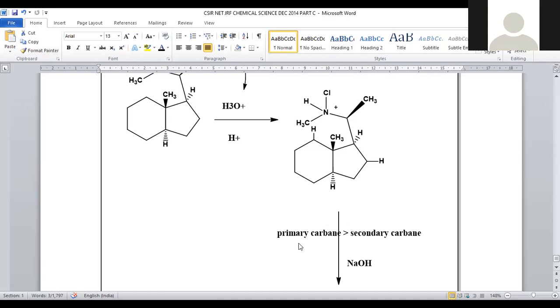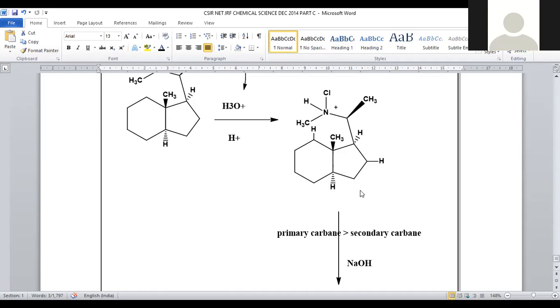In accordance with our protocols, primary carbene will be more stable when compared to secondary, and when compared to tertiary. Tertiary will be least stable. On what basis can you decide its stability? Based on hyperconjugation. If electron releasing groups are there, the stability of carbene will be reduced because electron-electron repulsions will be generated. So primary carbene will be more stable compared to secondary, and the least will be for tertiary. That's the reason why, being secondary, you can exclude this. Being tertiary, it may not be possible, and this is secondary, so you can exclude these also.